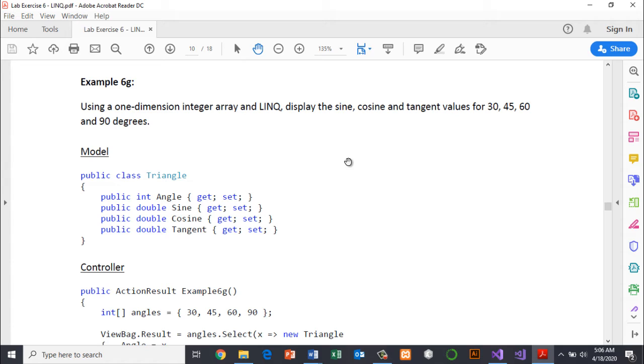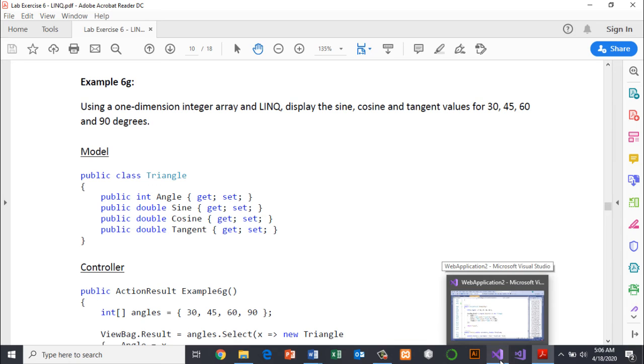So for the purpose of this, we need to create a class. Now, sine, cosine and tangent and angle are related to a triangle. So what we actually do is create a class Triangle. So let us have a look at our Visual Studio.